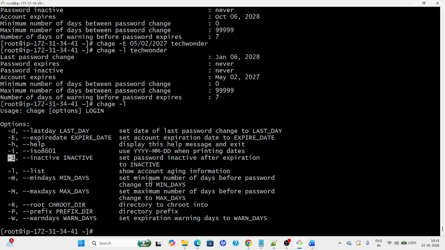Then minimum days, set the minimum number of days before password change to minimum days. You can set up hyphen M. Show account aging information, then you can use L. Then these and all we can use. Root directory, directory prefix, set expiry day, warning days. So warning days we can use the W command. So if you use W,